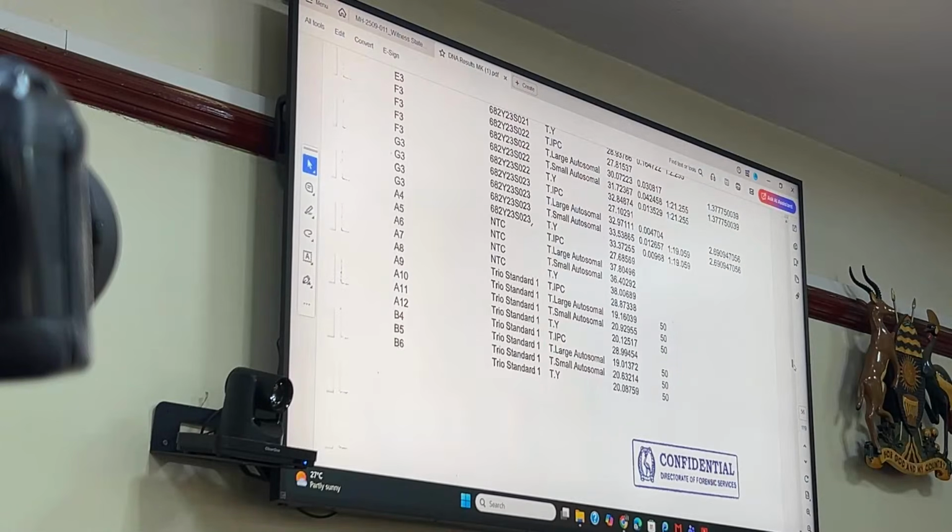What page is that which has NTC? It's some A4 here, after the batch sample 23. This would indicate that it's at the quantification stage,